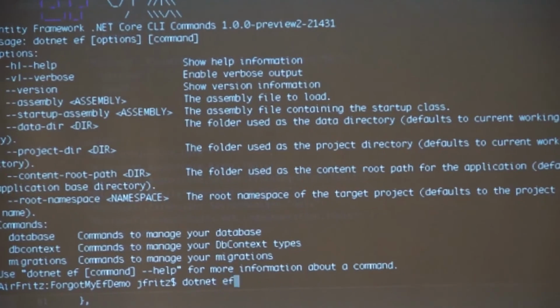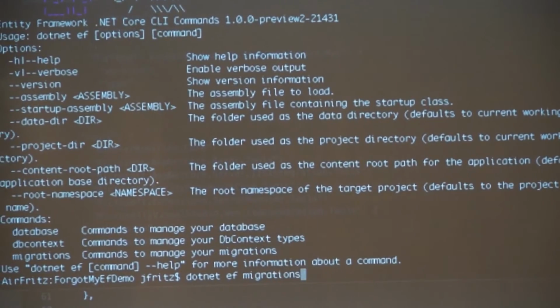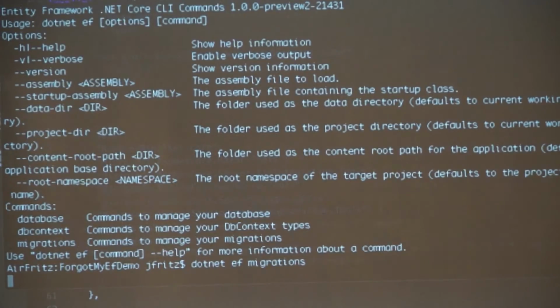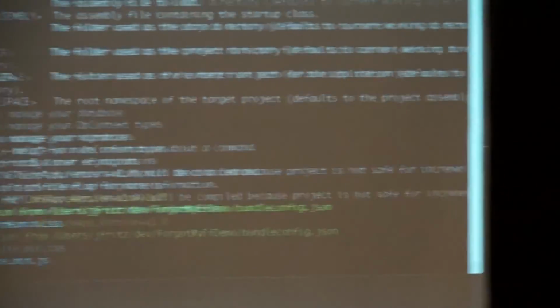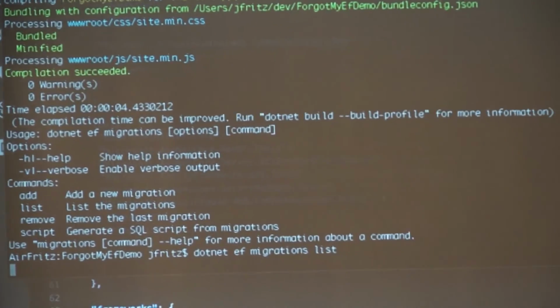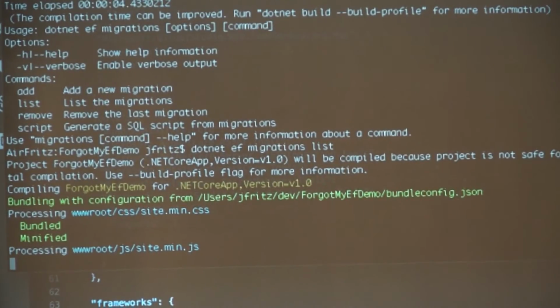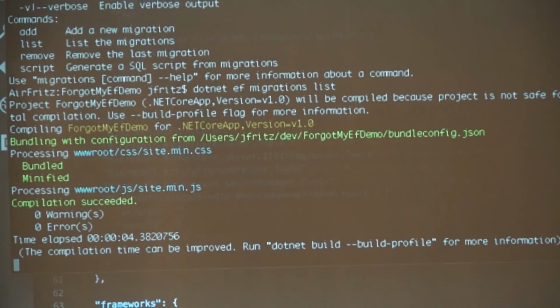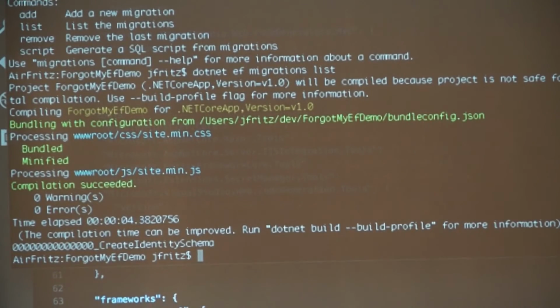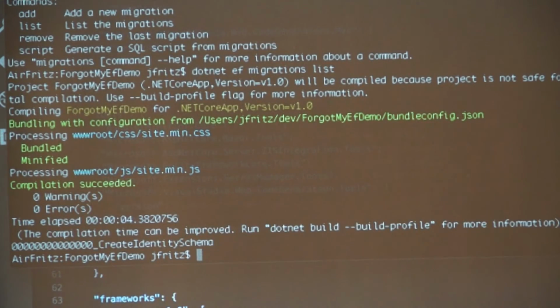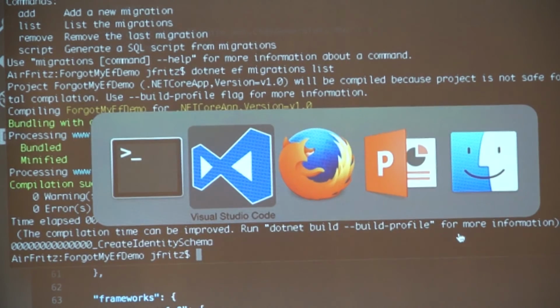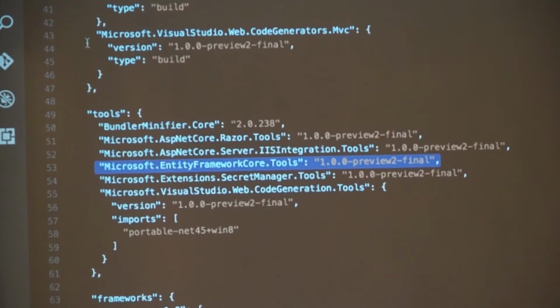I can say .NET EF, and I can look at my migrations. Migrations are those configuration bits of code that instruct how you configure the database. So let's do .NET migrations list. And it shows me that there's one created, and it's to create my identity schema, right? Because the only thing I configured here was